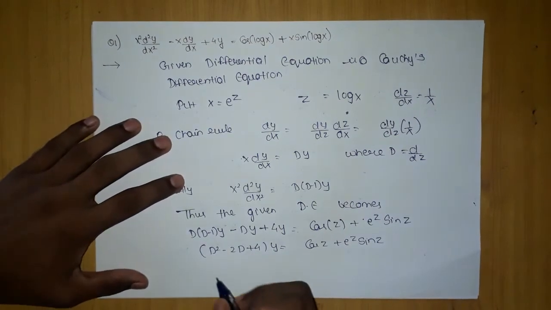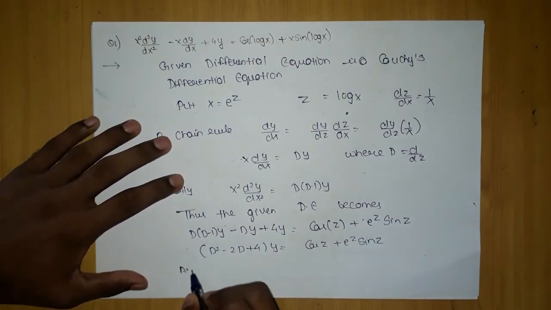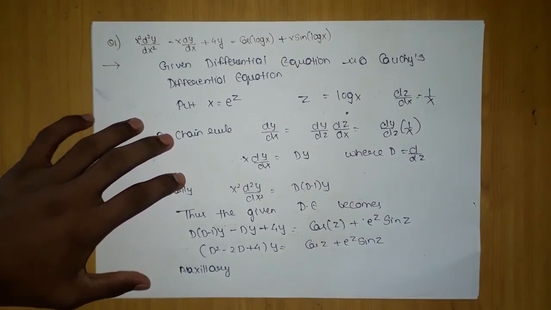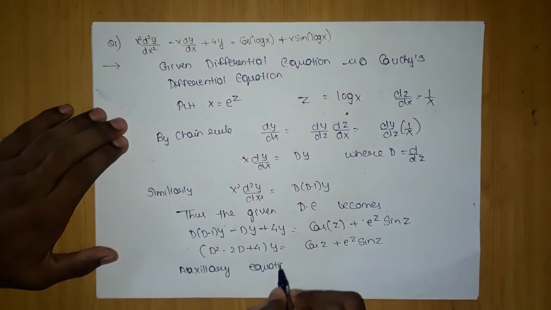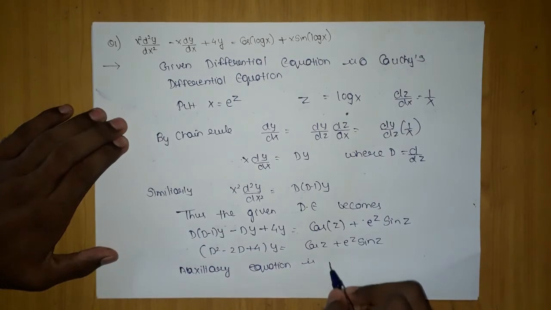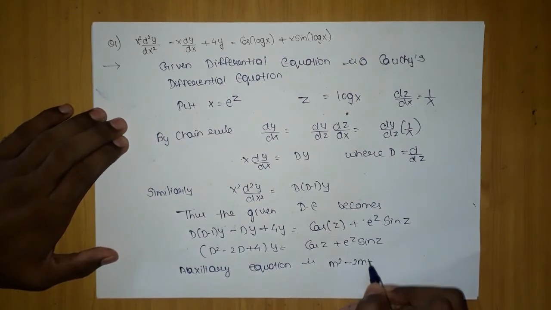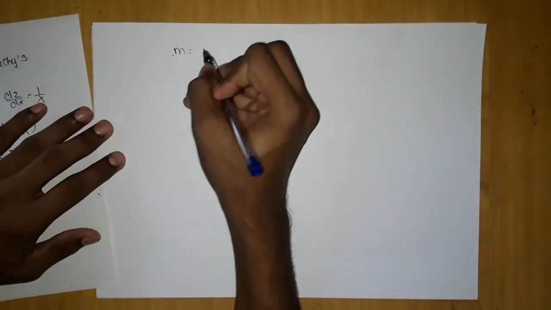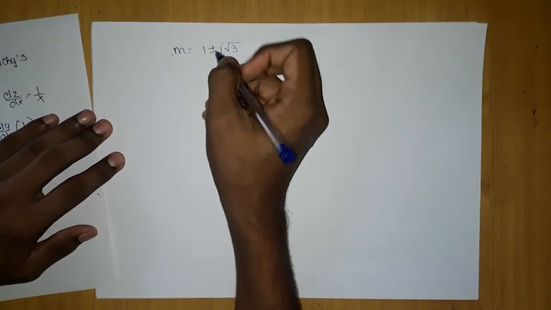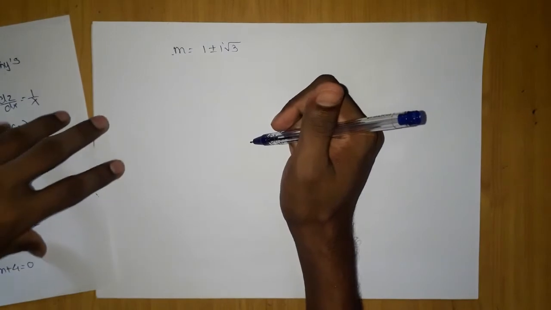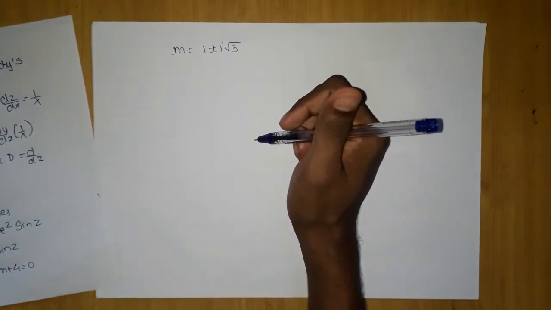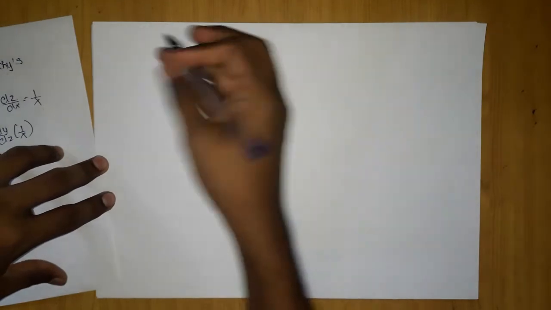Now what we are going to do? Auxiliary equation. So we got the differential equation. Now it's like the previous type, how we used to solve the auxiliary equation. The auxiliary equation is m square minus 2m plus 4 equal to 0. If you solve, you will get m value as 1 plus minus i root 3. So roots are complex conjugate. It's up to you because you have reached exercise 2.9, so it's not that compulsory to write that statement.